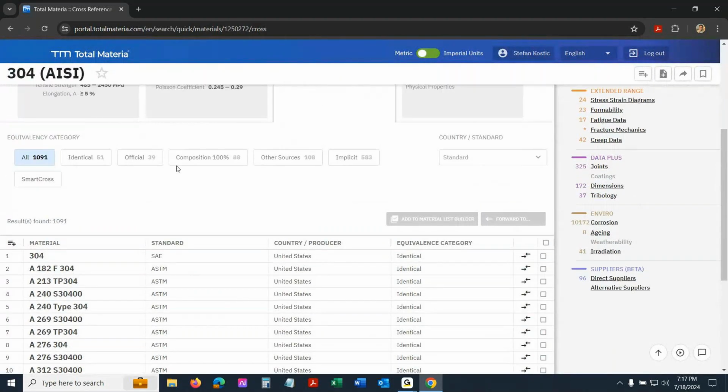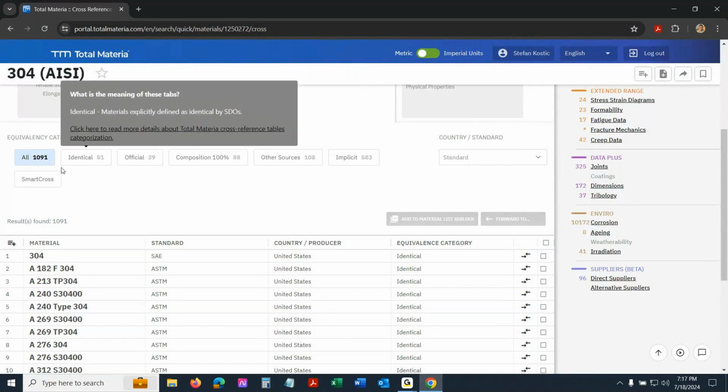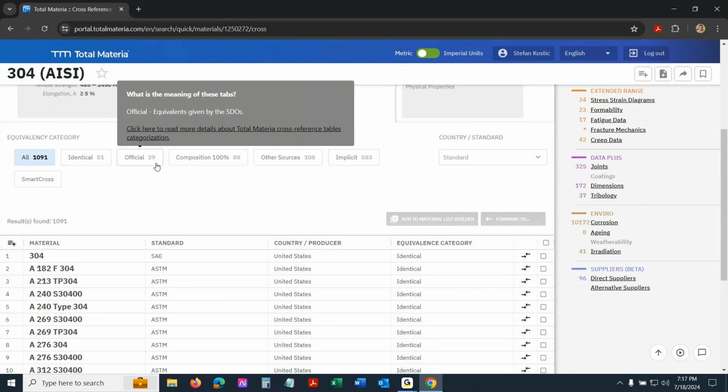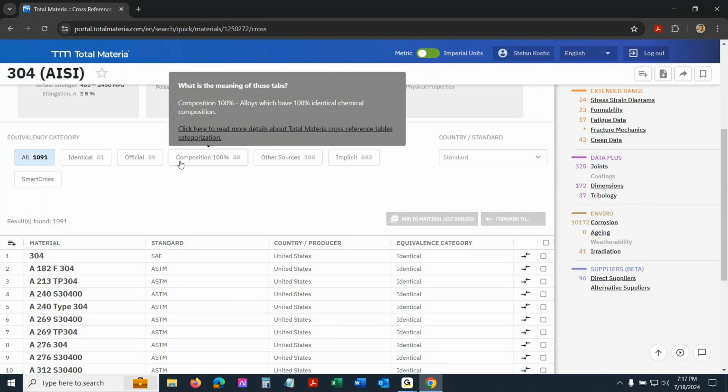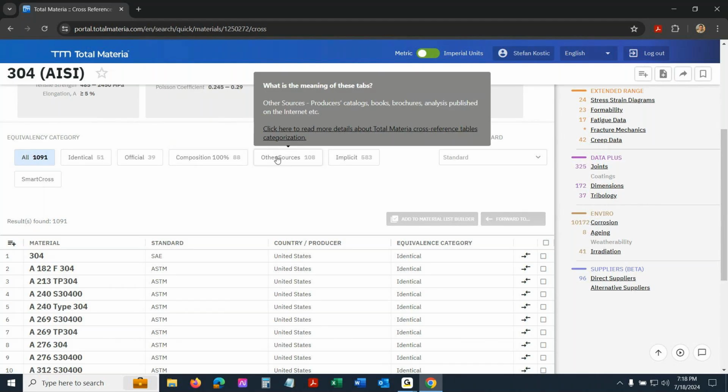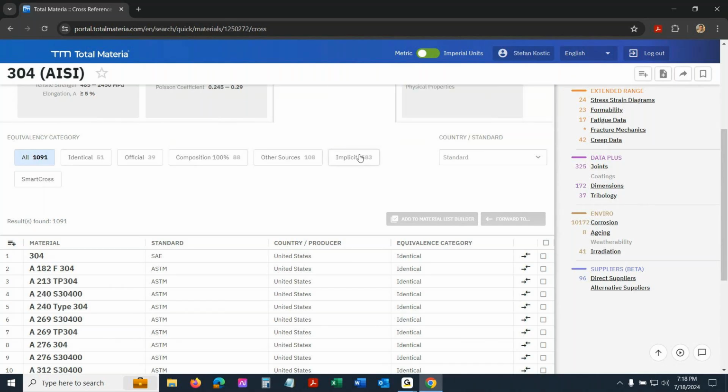Now, how can we differentiate between which material is more related to the ones that we're working with and which ones are not? Well, based off of the categories. We have identical equivalency category, which is specifically defined by the standard organization. We also have official ones, which are also officially designated as official equivalents by the SDO. But then we provide our users to be able to compare chemical composition, and if there is a 100% match, we show that to our users. We also have other sources such as producers' catalogs, books, brochures, and so on, as well as implicitly related